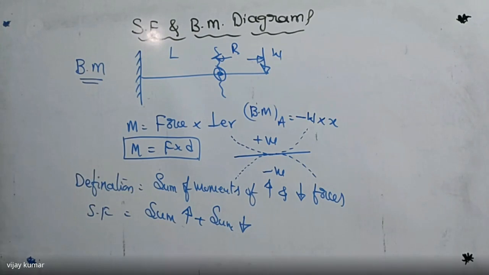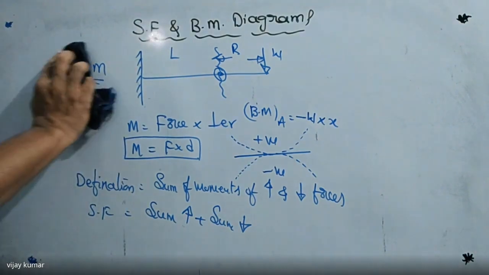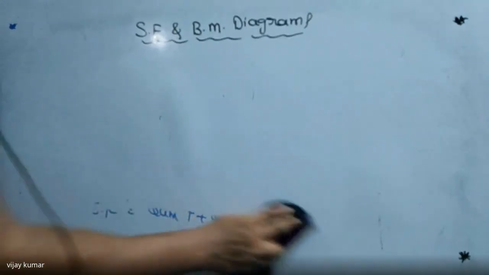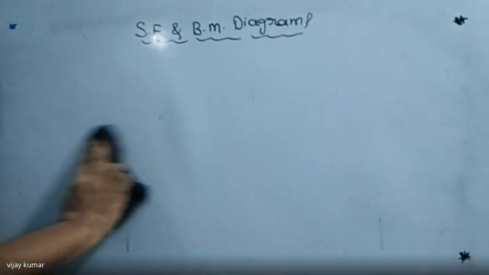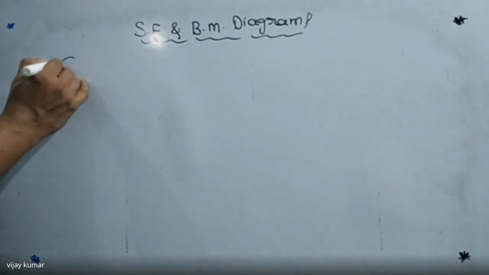Okay, all right. So now I'm going to explain how to draw the shear force and bending moment diagram for different beams which are subjected to different types of loads. First of all, I'm going to explain for cantilever beams. When the cantilever beam is subject to point load, uniform distributed load, or uniform varying load, how to draw the shear force diagram and how to draw the bending moment diagram. Okay, so listen carefully. Here I'm putting the heading, case one, cantilever beam.